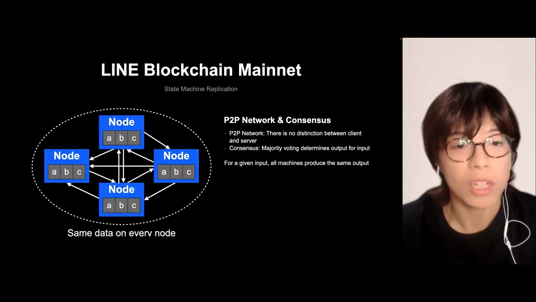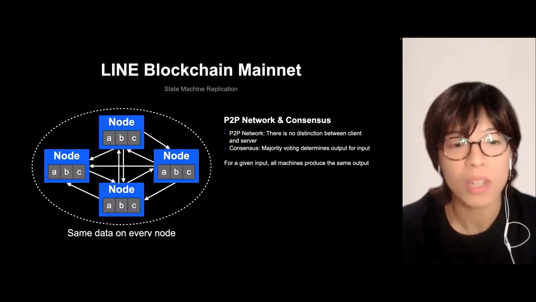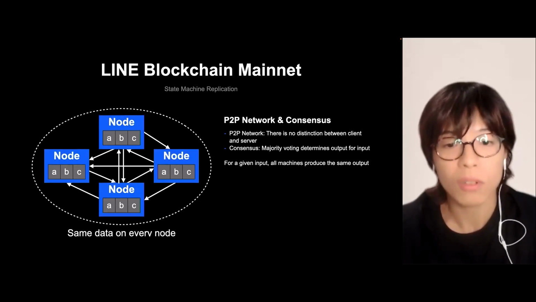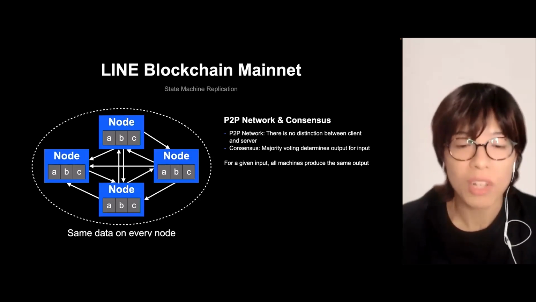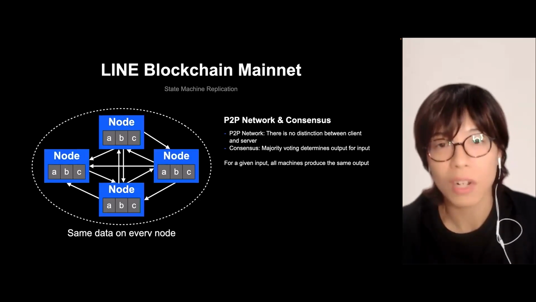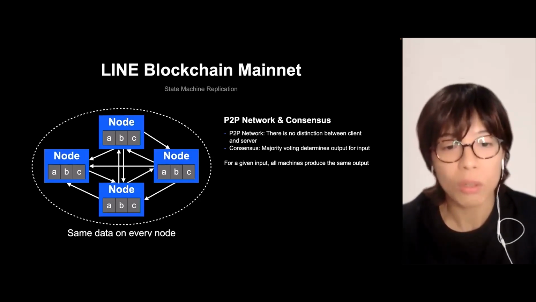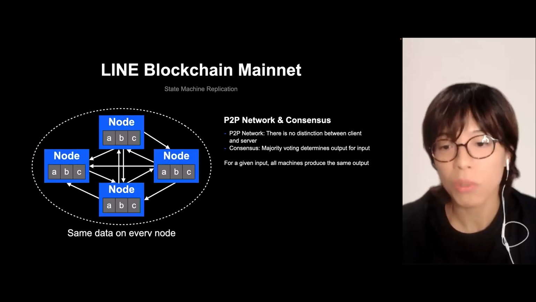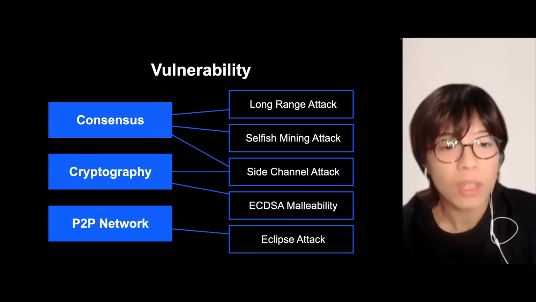In P2P, as indicated here, there is a P2P connection, and there is no distinction between client and server. The nodes communicate with each other and input data. Whether data is correct or not is determined by a majority. So multiple machines communicate with each other. For the same data set, regardless of the sequence of the input, the same product will be generated in the blockchain network. In all the computers in the network, the database is replicated, and the same state is maintained amongst multiple computers.